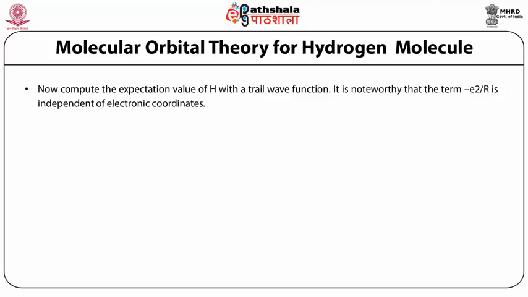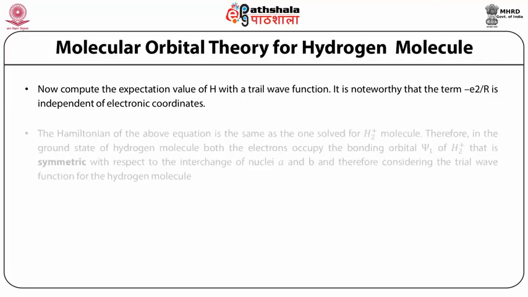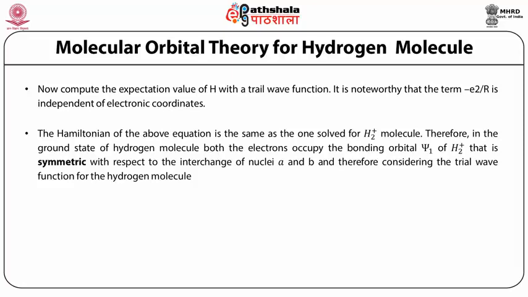Now compute the expectation value of H with the trial wave function. It is noteworthy that the term minus e square upon R is independent of electronic coordinates. The Hamiltonian of the above equation is the same as the one solved for the H2 ion molecule. Therefore, in the ground state of the hydrogen molecule, both the electrons occupy the bonding orbital psi 1, that is symmetric with respect to interchange of nuclei A and B, and therefore